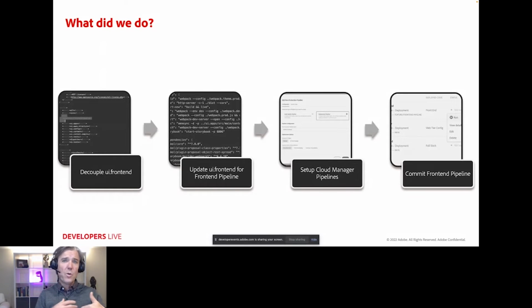So if you were approaching this flow slightly differently, such that you didn't have anything in cloud service, you'd have to set up the backend pipeline and then the front end pipeline. But since I started with that, my backend was already there. So we walked through that. And then we committed that and ran that front end pipeline. So we then married up the theme with our site.